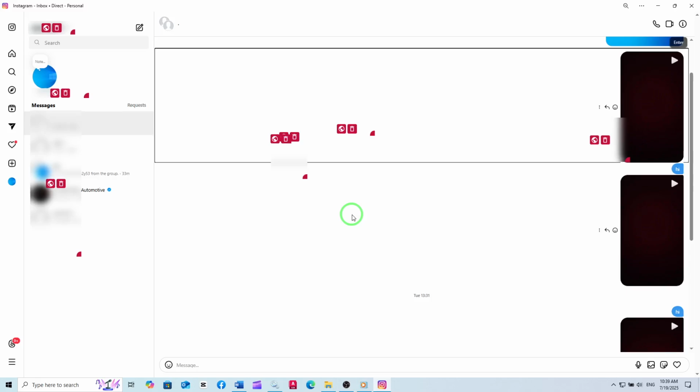It's important to remember that while the message is removed from the group, people may have already seen it before you unsent it. So, act quickly if you want to minimize the chances of someone reading your message. And that's it. With just a few clicks, you can easily unsend a message from any Instagram group chat on your PC. This new update makes managing your conversations more flexible and gives you peace of mind when you need